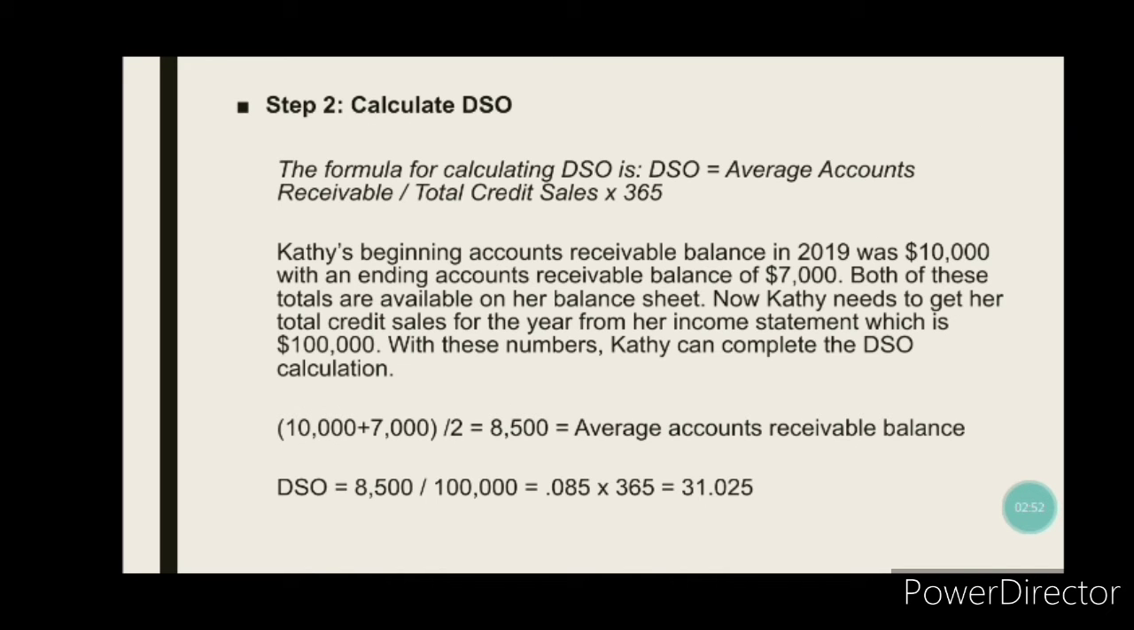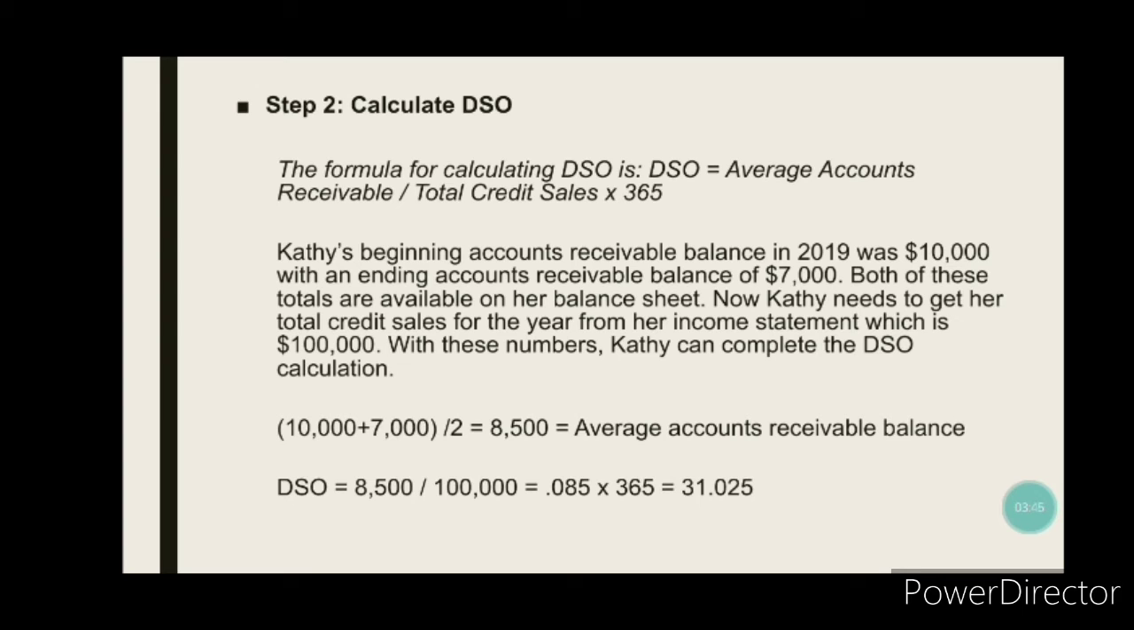Step 2. Calculate the DSO, or Days Sales Outstanding. This is an important metric on its own because it indicates the number of days it takes for you to collect on your accounts receivable balances after you make a sale. The formula of calculating days sales outstanding is average accounts receivable divided by total credit sales times 365, yung 365 is ito yung ginamit ko para calculate ang DSO. Cathy's beginning accounts receivable balance in 2019 was $10,000 with an ending accounts receivable balance of